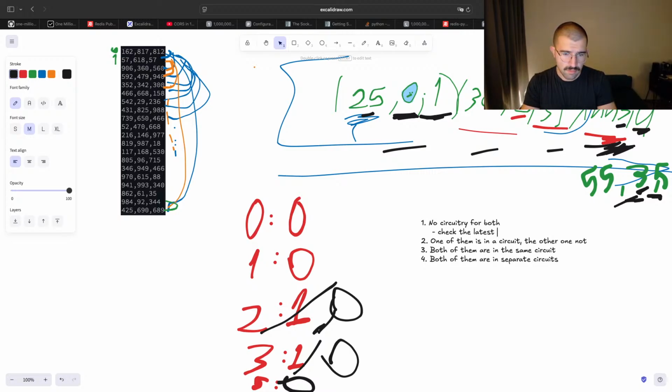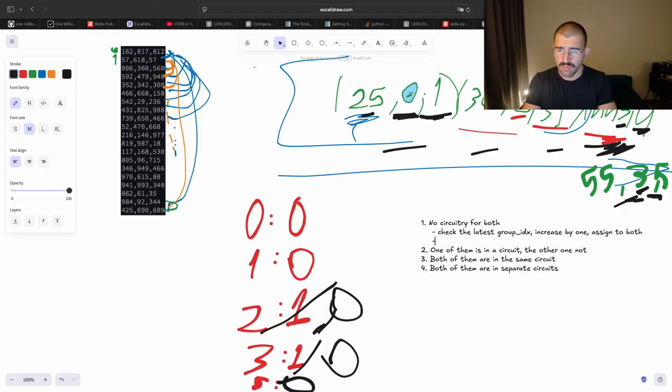latest group index, increase by 1, assign to both, put them to dictionary. If one of them is in circuit, the other one is not,